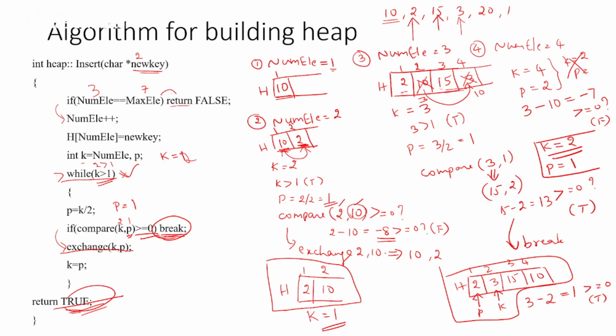So this is what we have done in the logic itself. Whenever you have a child which is greater than the parent, then you swap it. If you get the child which is smaller than the parent, no need of swapping. The same thing we are going to do here. Compare the child k with the parent. If the parent is greater, then you need to swap. If the parent is smaller, then just come out of this. So this is how we can build the key when the new key has been entered.